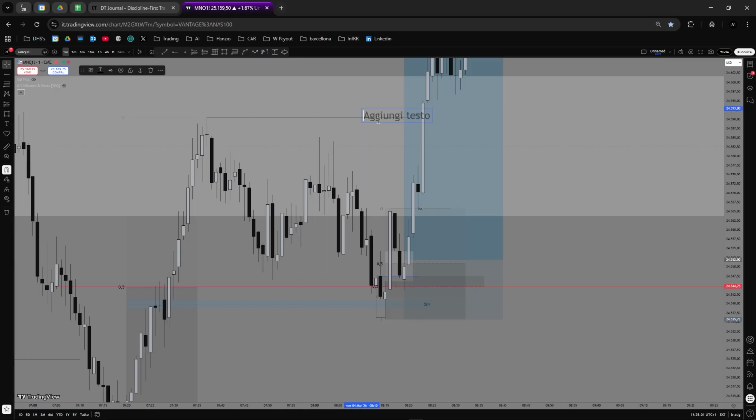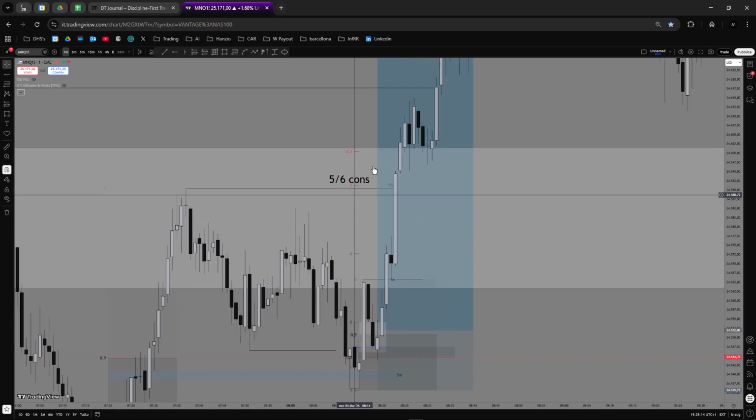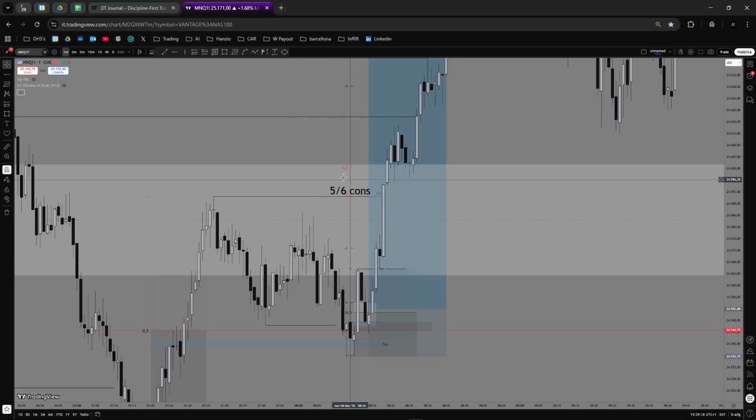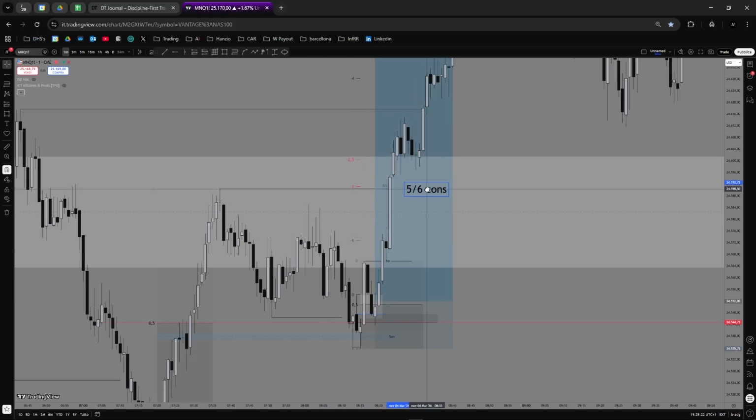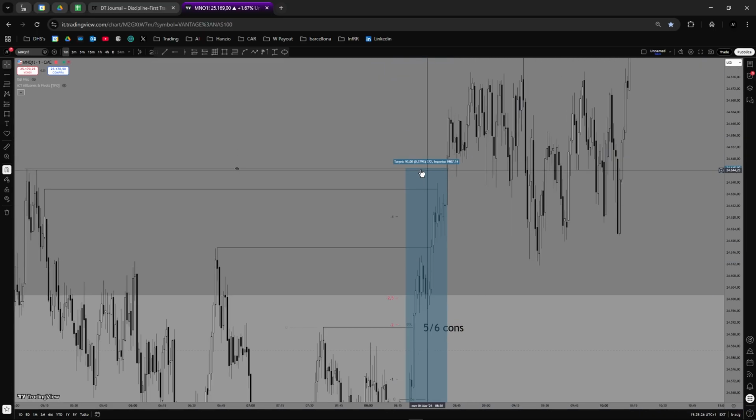I took 5 contracts out of 6, just because I was thinking that this was the move, because my standard deviation projection was saying like here, 2.5. So I said, okay, let me take out everything possible here. So here I took out 5 out of 6 contracts, and the last contract I took out here